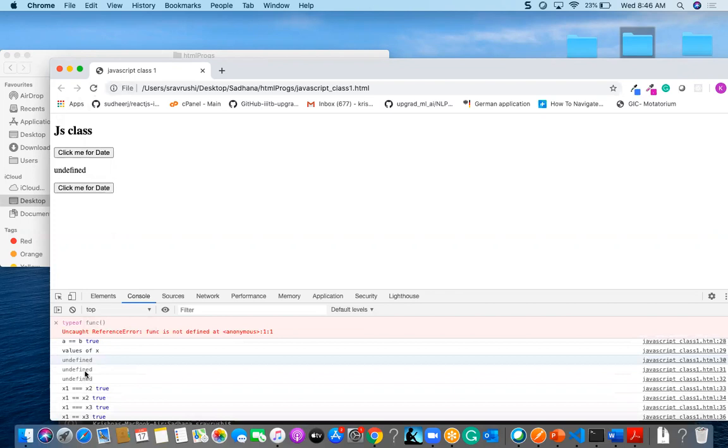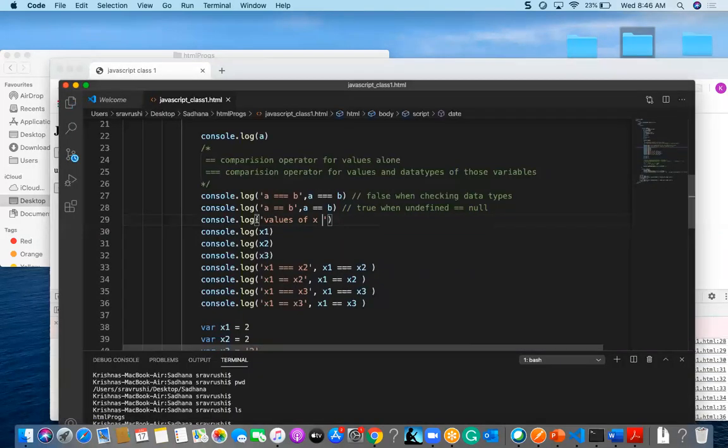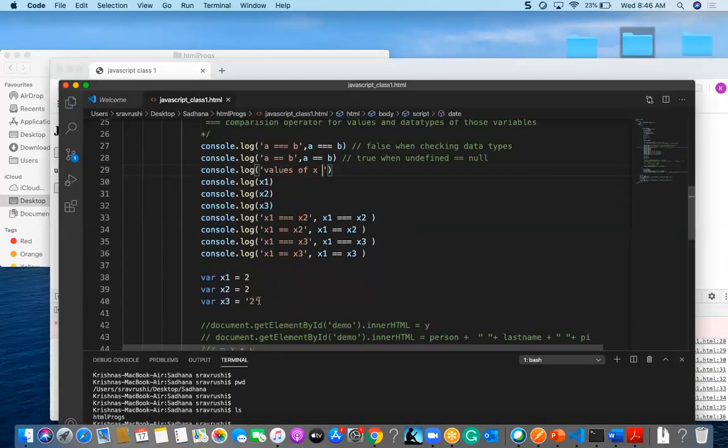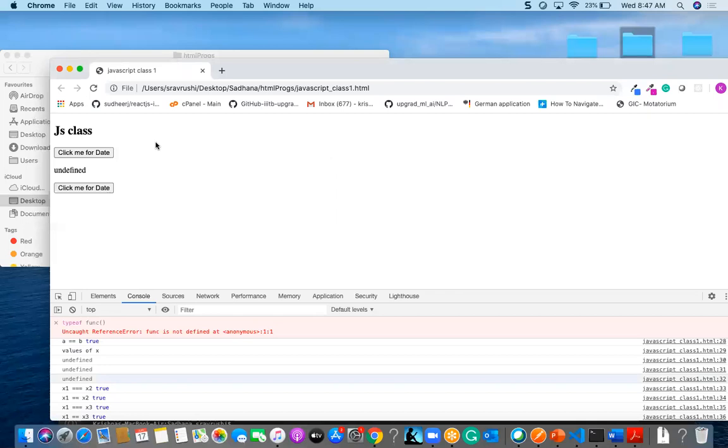If I do it like this, initially they will become undefined only. Even though they are declared at the bottom, they are all undefined values finally, right? Why?